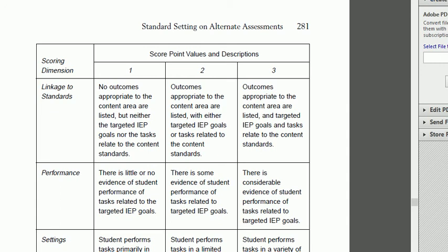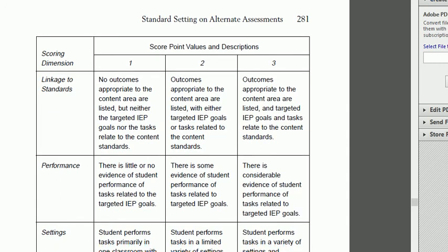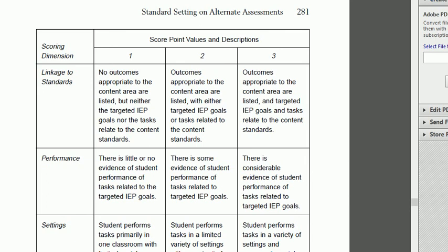And for performance, there is for performance the lowest scoring guide